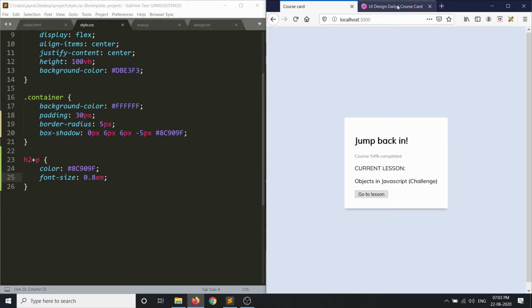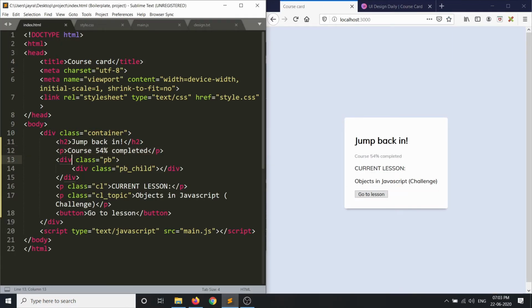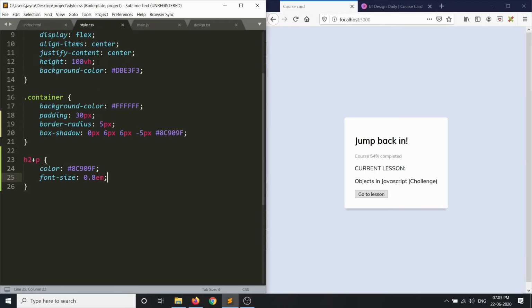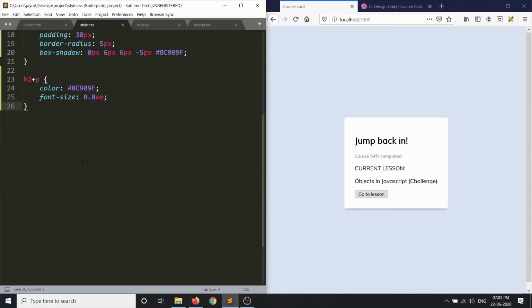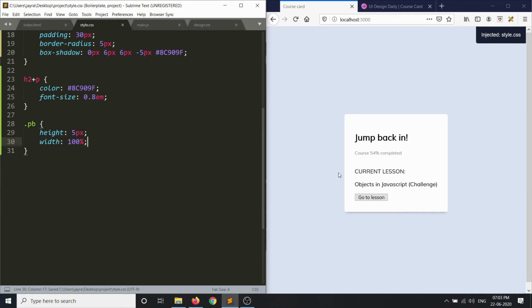Let's go ahead and style our progress bar. For that we had two divs, pb and pb child. So let's first style our pb class. To design our progress bar, we'll give it a height of 5 pixels. Let's give it a width of 100% of the parent, so it occupies the complete container spacing.